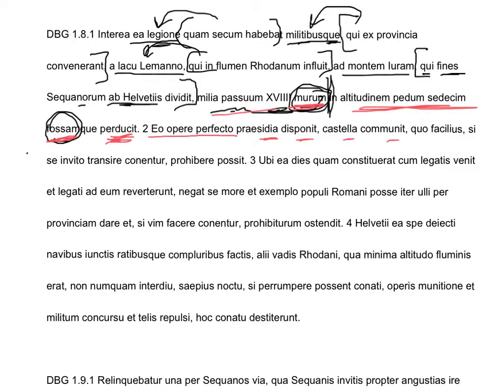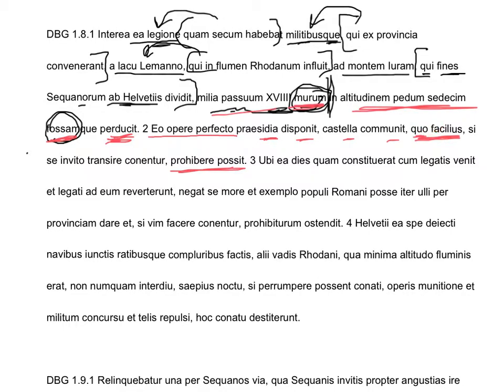Quo facilius. Oh, so this is interesting. Hopefully by now you are not tricked by the fact that quo could be ut. It could be a relative clause of purpose. Quo facilius prohibere possit is that main relative clause there. And we know that because possit is subjunctive. By which, in order that with which thing, he would be able to prohibit. Facilius here is a comparative adverb, more easily. So he places garrisons, and he does this to the castellas, and it's like he builds or fortifies the castellas,